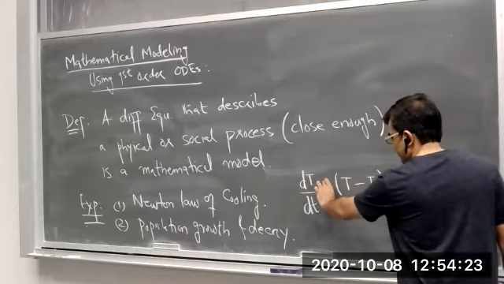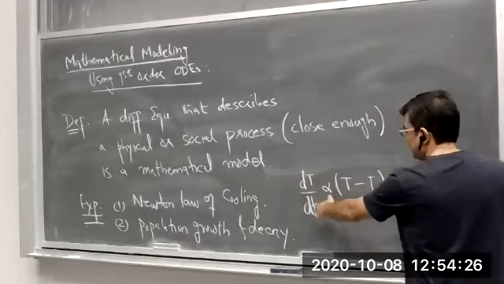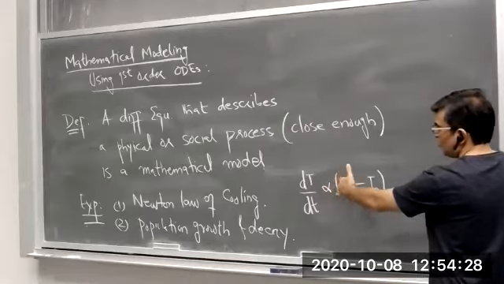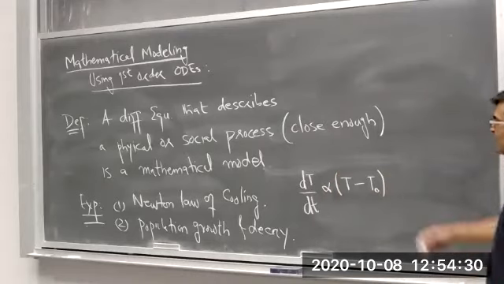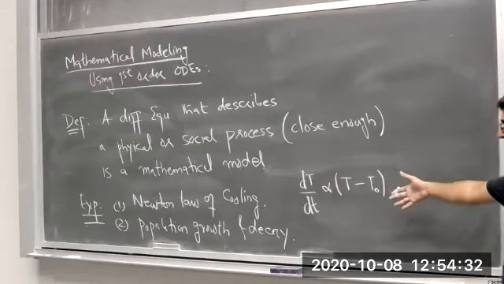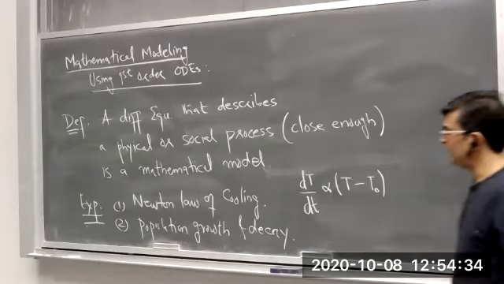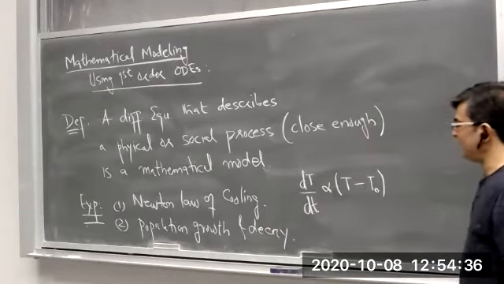अगर हम ये constant of proportionality को हटाएं, तो dT by dt is equal to some constant K times this. This is basically, it gives us a first order differential equation. Similarly, population growth and decay models,